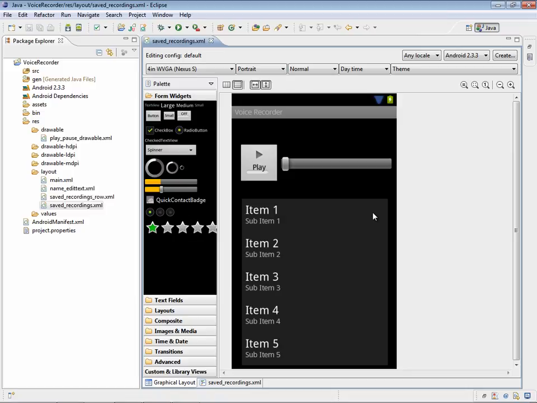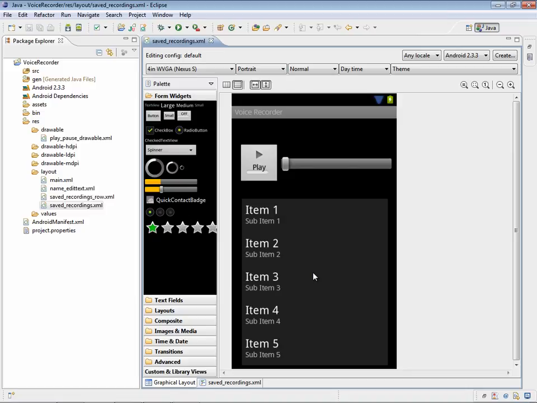We have a seek bar, which we use not only to show you the progress through the recording, but as the user, you can drag the thumb on the seek bar to scrub through the audio if you like to go to a different point in the audio, and then we'll seek to that position within the audio to continue playback. Down at the bottom here is a customized list view in which we will be displaying the